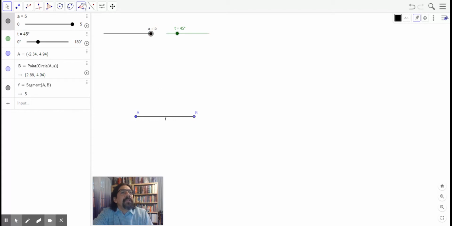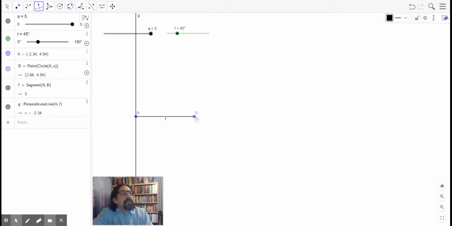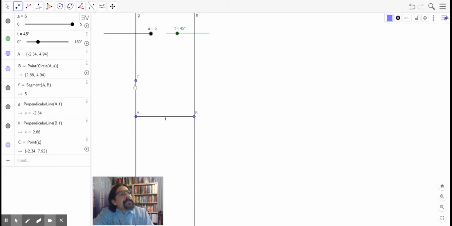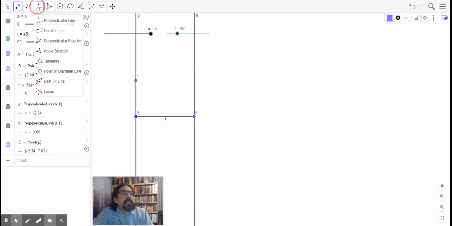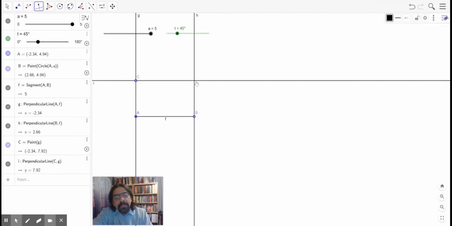And what I'm going to continue with now is add a set of perpendicular lines from this point along this line. Okay. Once I have that, I will add myself an extra point. It has to be along the line, and it really doesn't matter if it's this line or this one. I'll put it here. Once I have that there, I will now add a new perpendicular line based on this point along this line so that it cuts across in this way. Okay, so now that I have that,